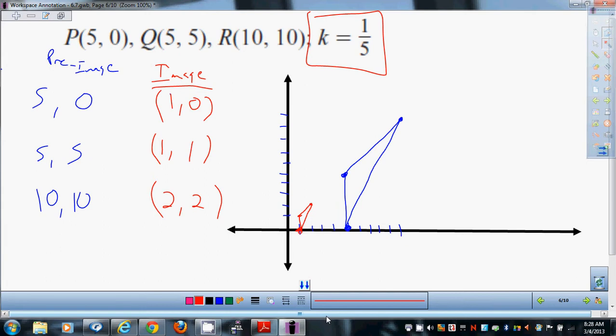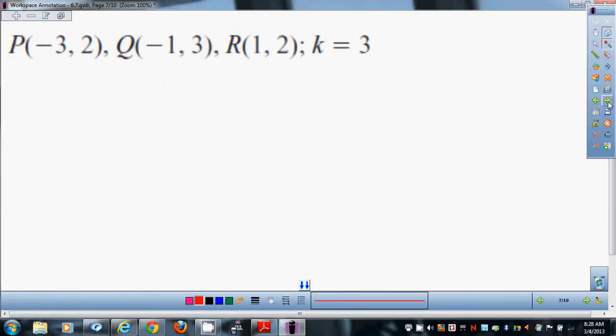Because I need you guys to try this one. Scale factor is 3. There's the coordinates. I'm going to come around and see what kind of progress you're making on this. I need you to graph it and find the new coordinates and then graph the image. You only have like 10 problems today in your homework, but you do have to graph. Yes. Most of the other ones are